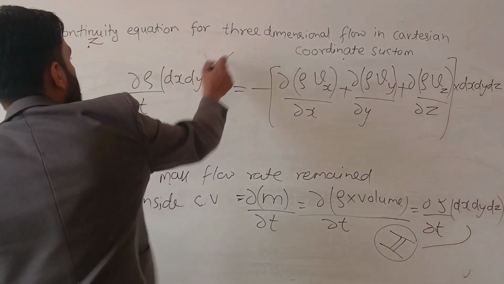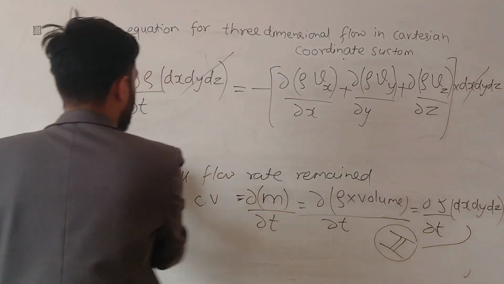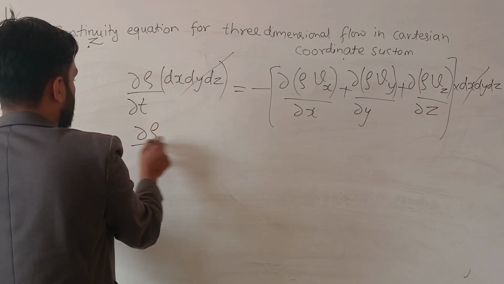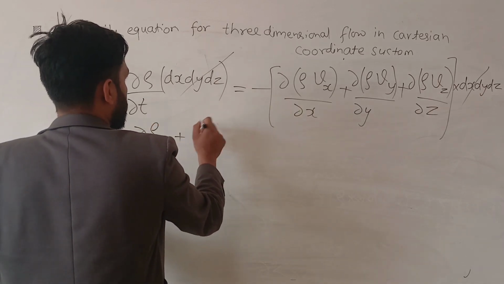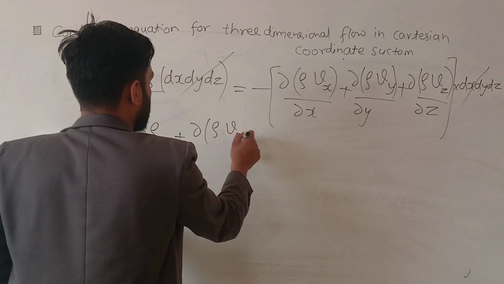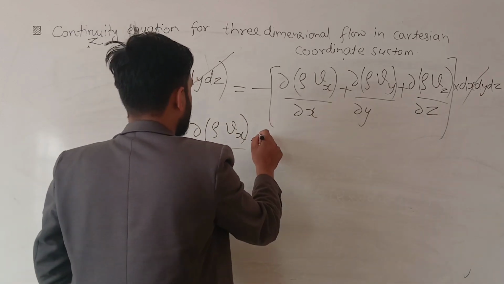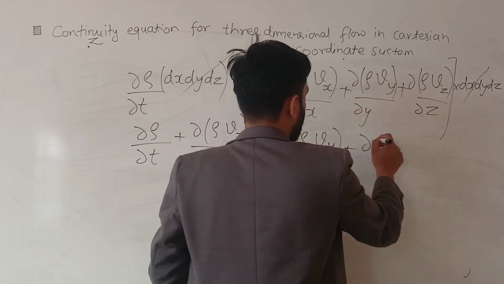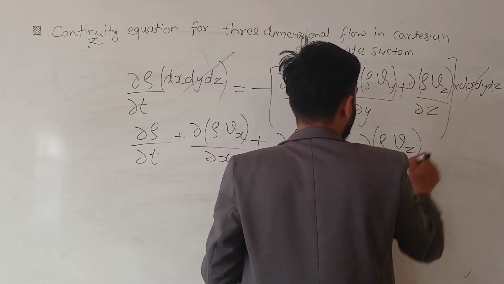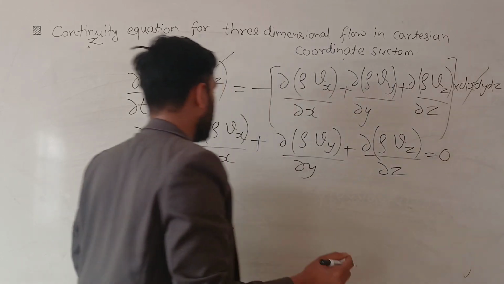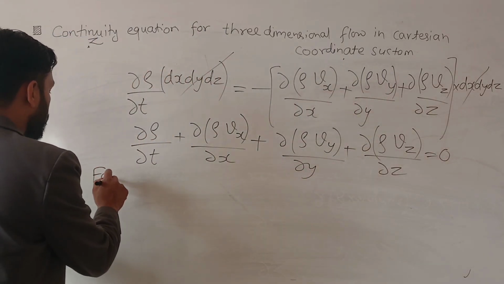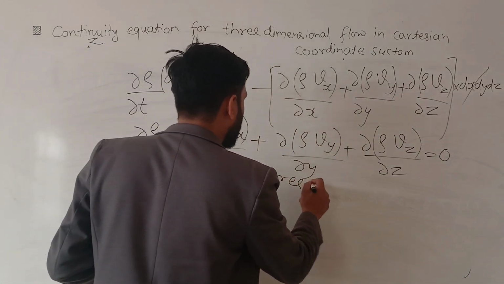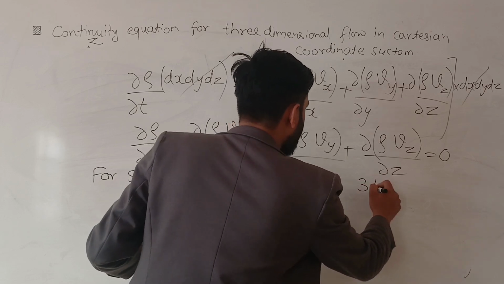Right? You can cross this dx, dy, dz here. So you can take this to the left side. Del rho by del T plus del rho Vx by del x plus del rho Vy by del y plus del rho Vz by del z is equal to 0. For the steady and incompressible flow, three-dimensional continuity